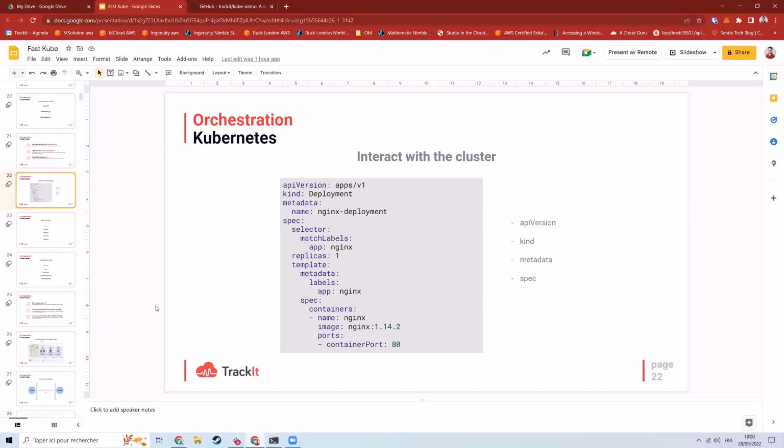Docker Swarm is like Docker Compose with node management. So you can deploy containers on different servers, but that's really very basic. It stops there. You won't have a deep networking system or a deep configuration system.